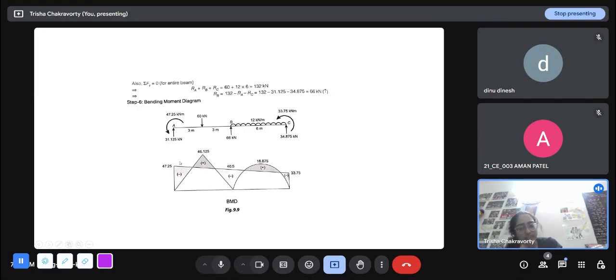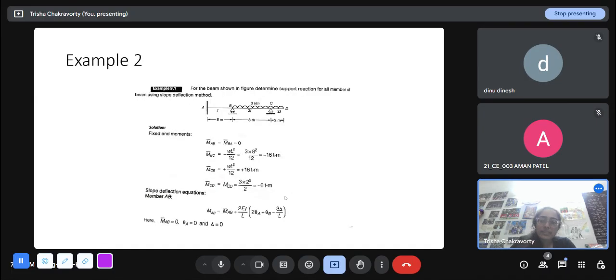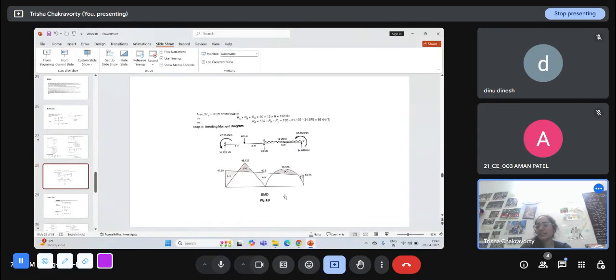So this and this part I have to add and subtract algebraically to get the overall bending moment diagram. You won't be asked to draw the nature, because superimposing these two diagrams will give a very odd shape of a bending moment diagram, and you can't really do it by hand. But this will be enough. Okay. Is there any question for this method so far?